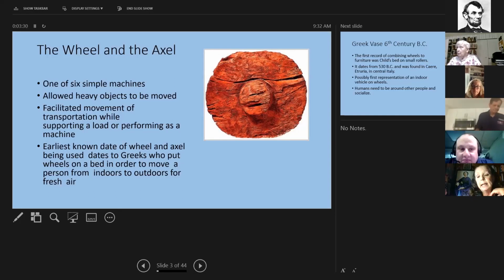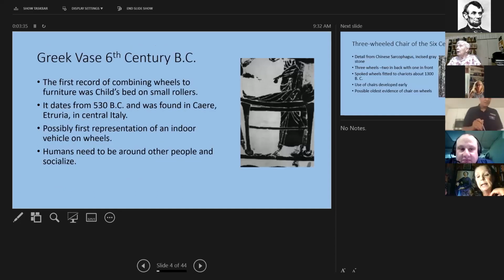And when I heard this, I thought that was really something. And as you can see here, there is the bed on some rollers, and this dates to 530 BC in central Italy, and it's possibly the first representation of an indoor vehicle on wheels.